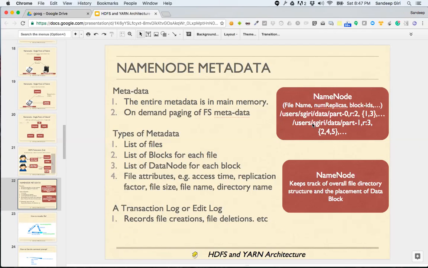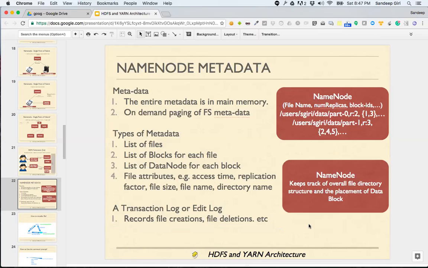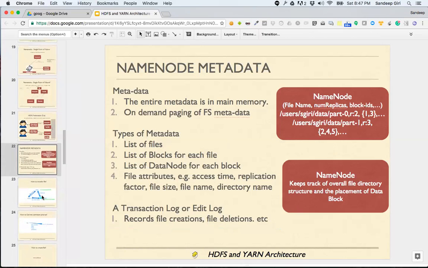The actual data does not even contain the name of the file, the name of the folder, the permission of the file, or who the owner is. All of this is metadata. So a transaction log or edit log records the file creation, file addition, file deletion, and file changes.